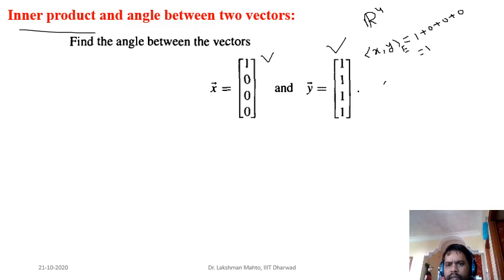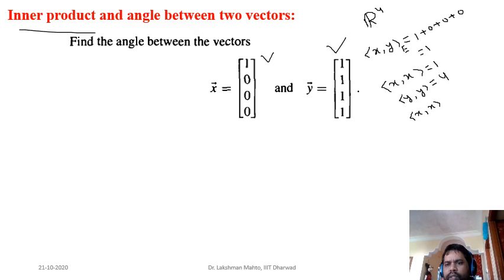It is 1. Next, what is the inner product between x and x itself? That means you are trying to find the length of x. What is the inner product of x with itself? It would be 1 times 1, which is 1. Nice. And what is the inner product of y with itself? Okay, fine, so you got the inner product. There is already a relation between inner product and the norm or length of a vector. You might have already seen that; otherwise, I will discuss it in detail.